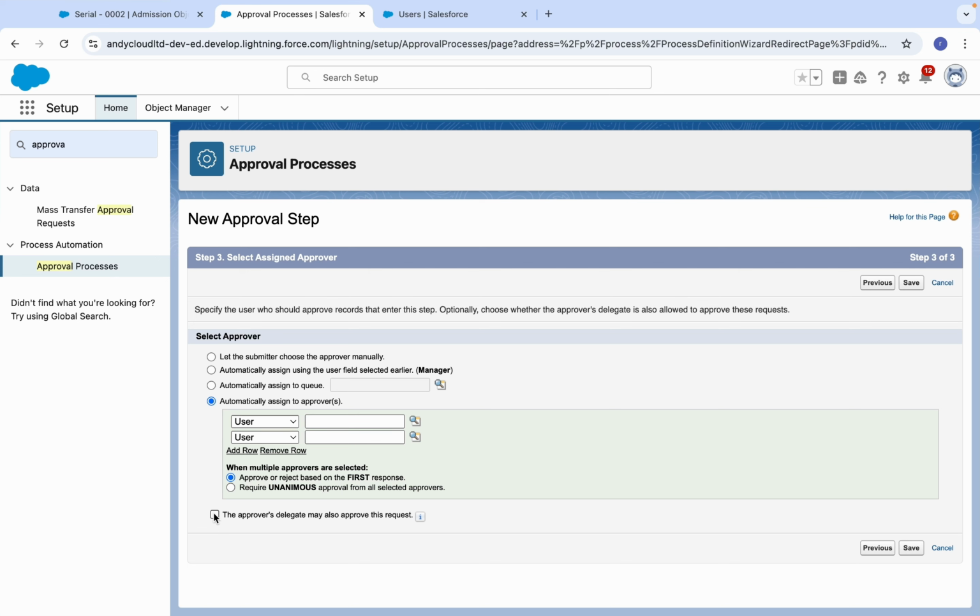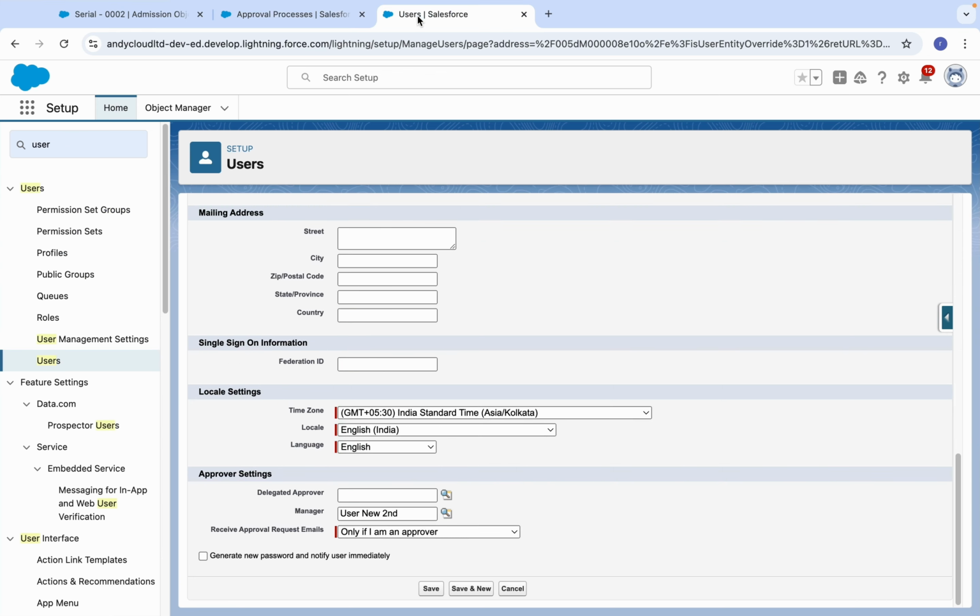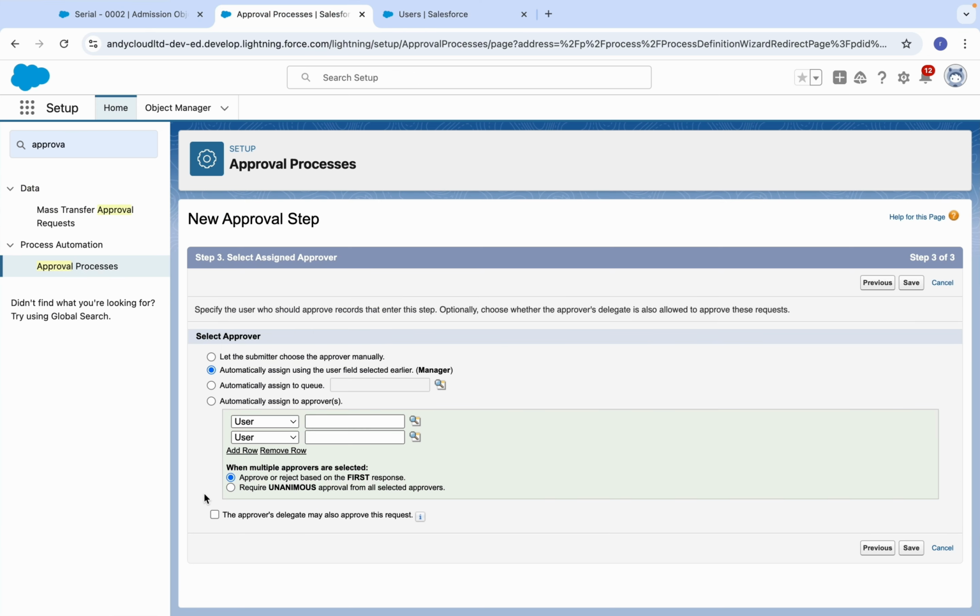Here let's take automatically assign using the user field selected earlier, manager. So it will go to the manager.